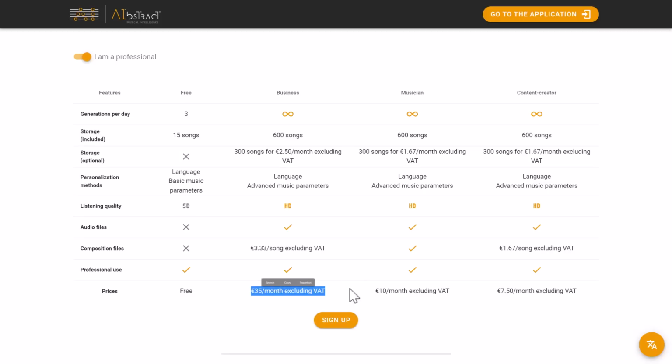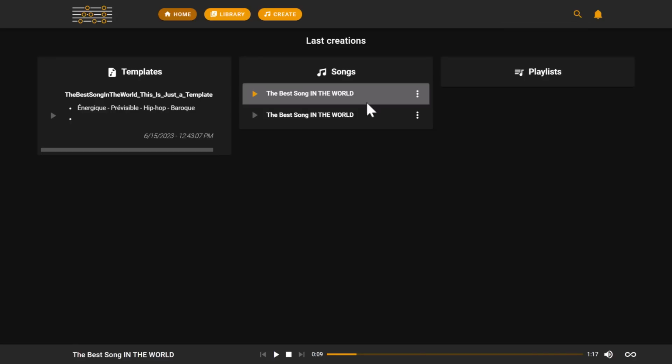So this one, I don't get it. This one, I don't get it. I don't know why you would buy at those tiers, but hey, that's it. This is the primary tier. Pricing makes no bloody sense. So enough talking about the basics. Let's go take a look at how it works.